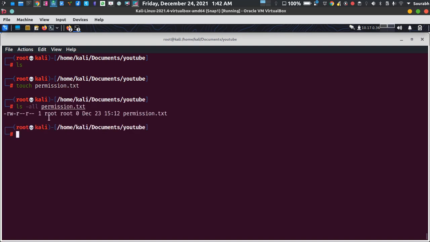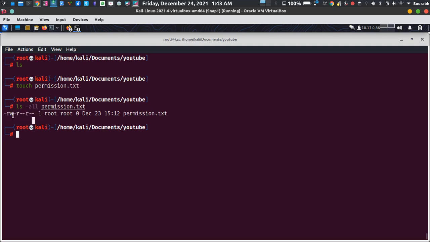As you can see, it's going to give me the read, write, and execute permissions for that particular permission.txt file. Because I created that file under the root, there's a high chance that a low privilege user cannot access it, because there's a thing called file permission in Linux.